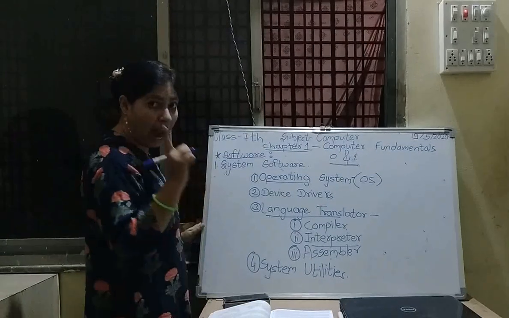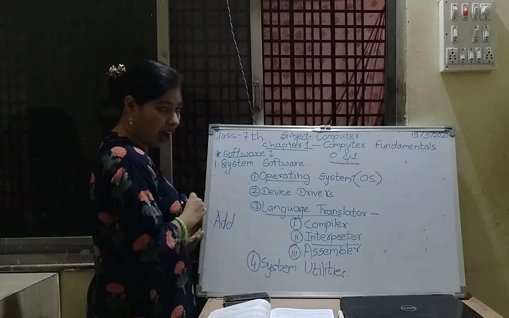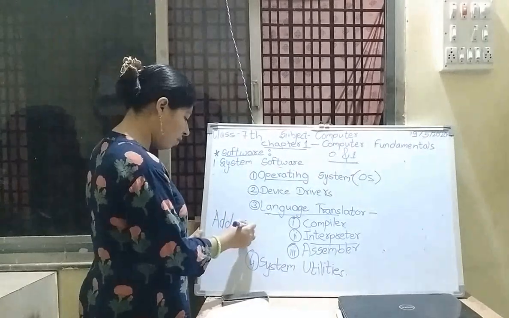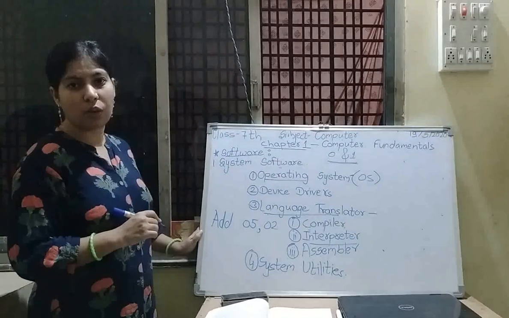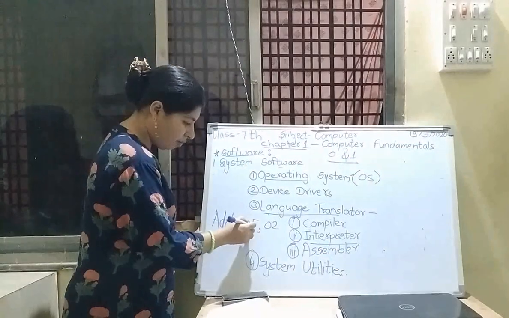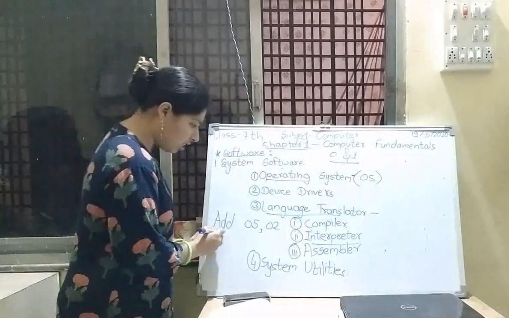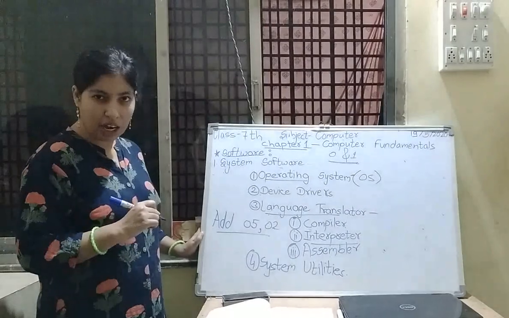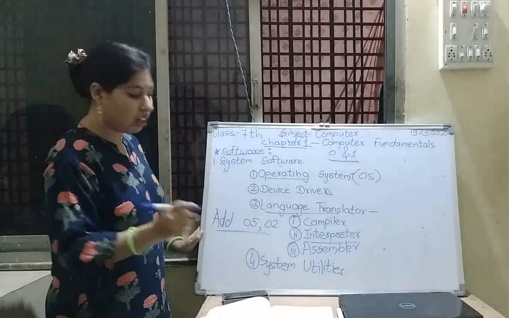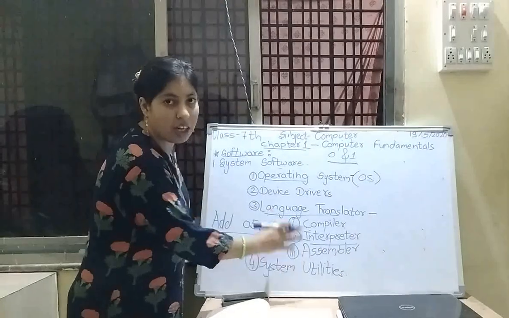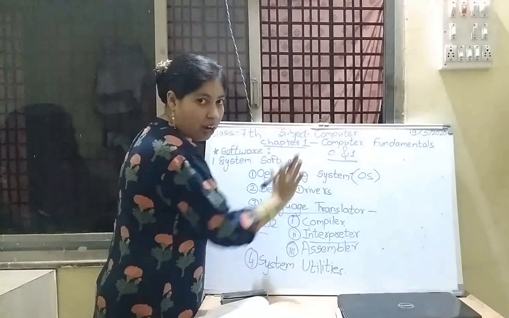Now what type of programs are written for the assembler? Suppose I want to add numbers, what will I do? I will just write the command add. I will give here number 5 and here number 2. This will add 5 with 2 and produce the output. So in this way assembly language programs are written. These assembly level programs are converted by the translator, that is the assembler, into machine language, that is 0 and 1.